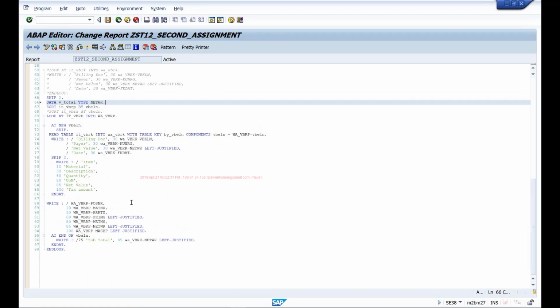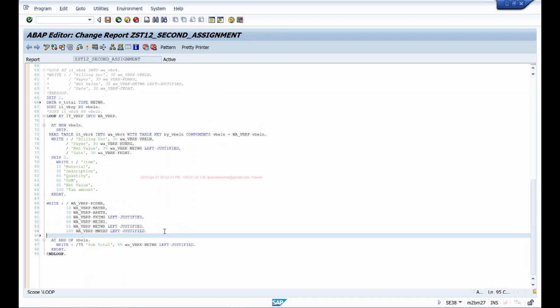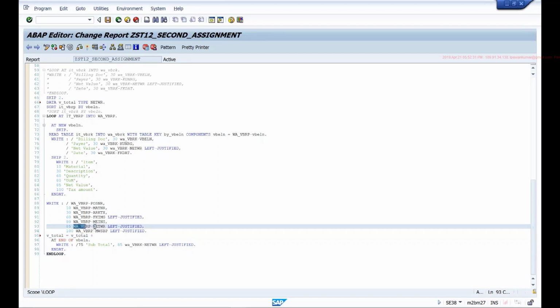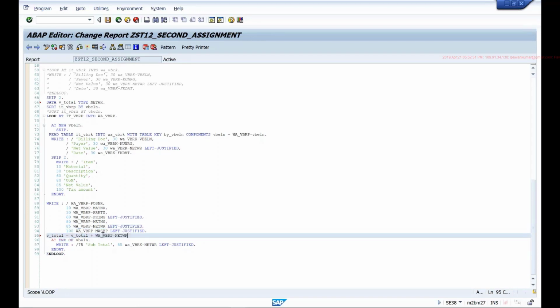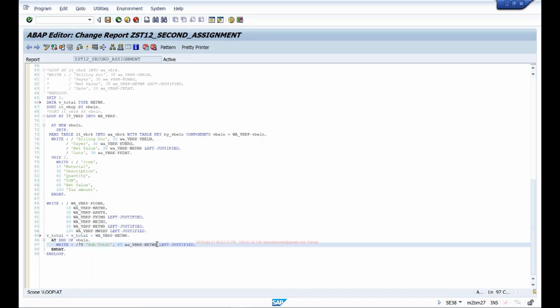And within the loop I can say v_total equals v_total plus the item's net value. So in each loop it will keep on adding the item, and then here I can print v_total. This is another way of doing it.